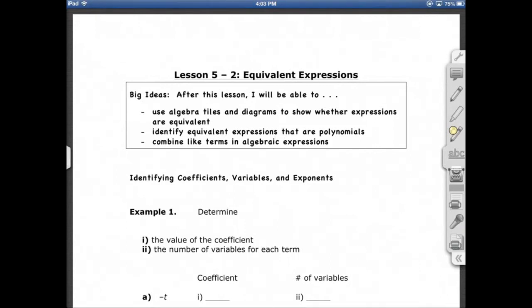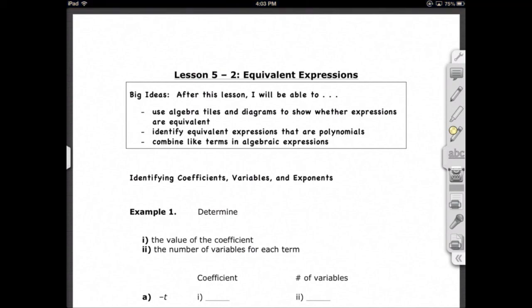Here again with part 2 of chapter 5, equivalent expressions. The big ideas this time, we want you to be able to identify expressions that are equivalent. We want you to use these things we call polynomials, these interesting little symbols. We need you to tell which ones belong together, which ones don't. It's called gathering like terms, and it's very important as we lead you into a better understanding of algebraic sort